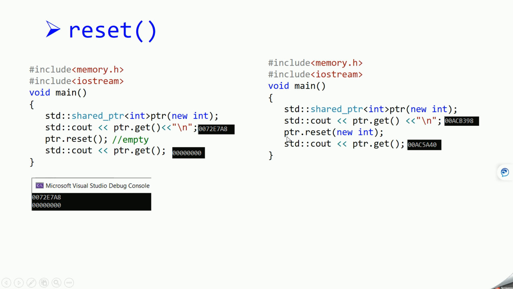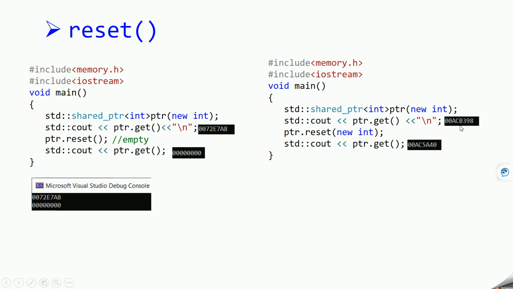What will happen at this line of code is that first the memory to which this ptr is pointing will get deleted, and then this ptr will be pointing to this newly allocated memory. So this is how you are getting a different address in both cases.